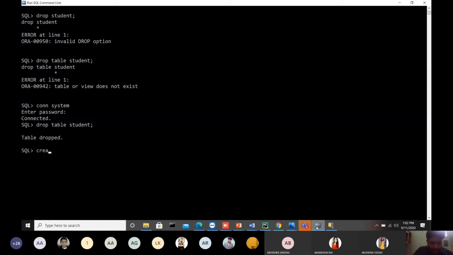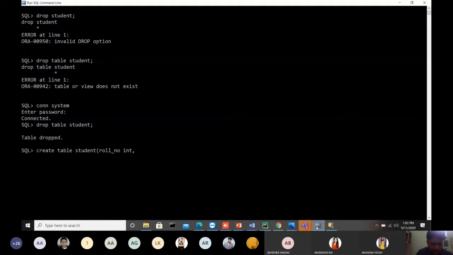So create table, now give the name of the table, that is student. Now what are the different kinds of attributes? First one is the roll number. Let it be an integer type, so we define integer, comma. That is the first column defined here.